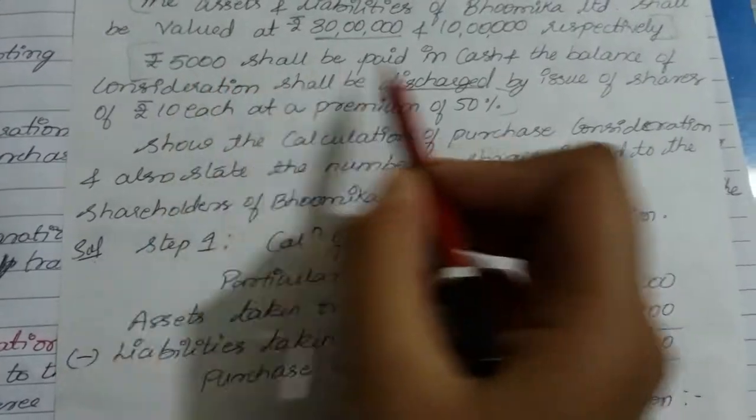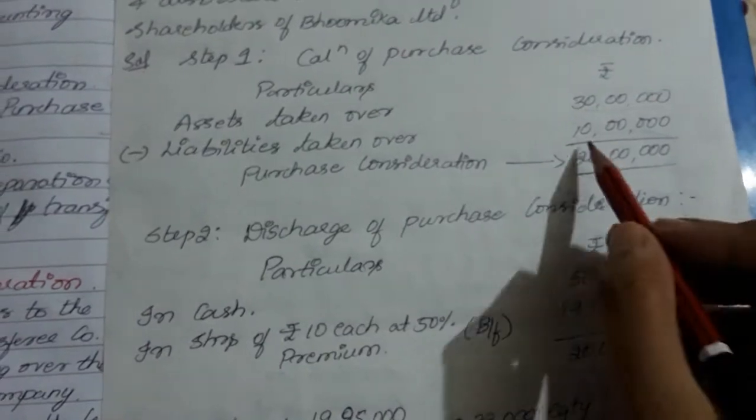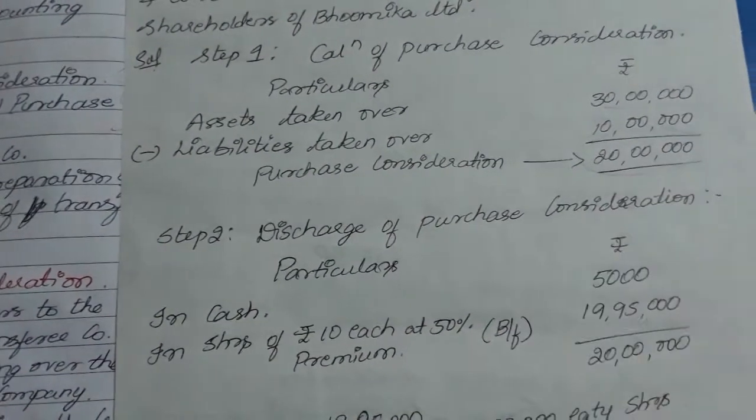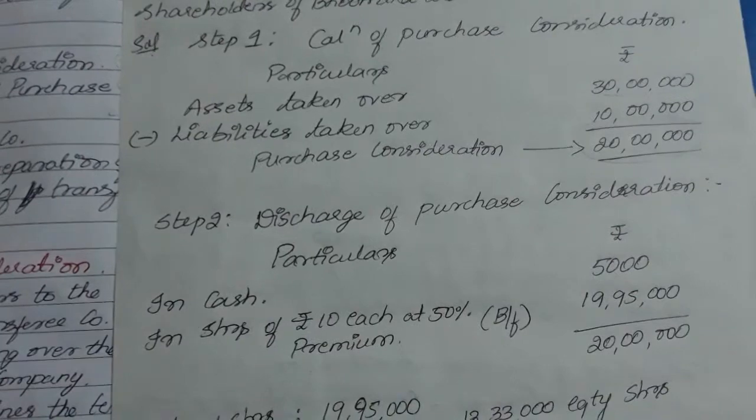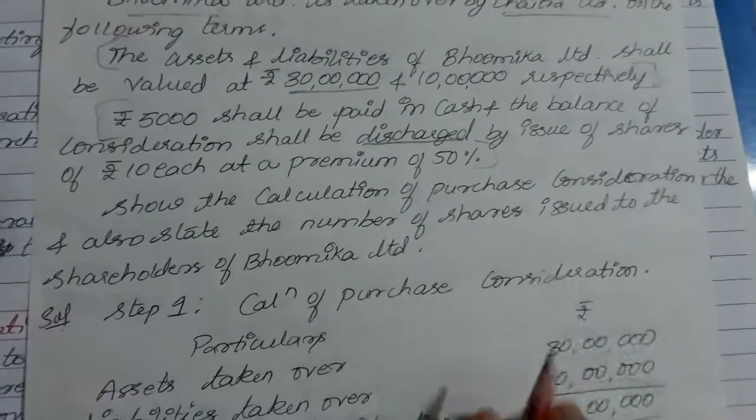So 5,000 rupees should be paid in cash. So particulars, in cash they are paying 5,000 rupees. 20 lakh is distributed now to be given to the shareholders of the transferor company. They are giving 5,000 in the form of cash, and next what they are given,